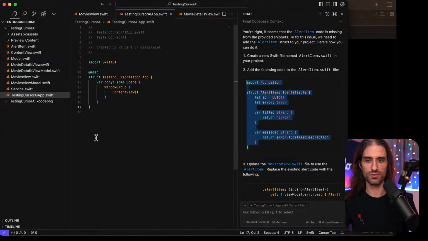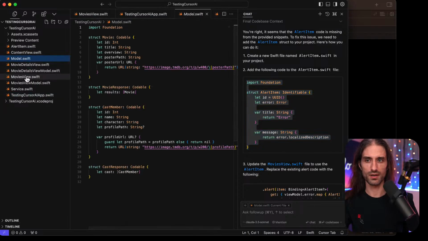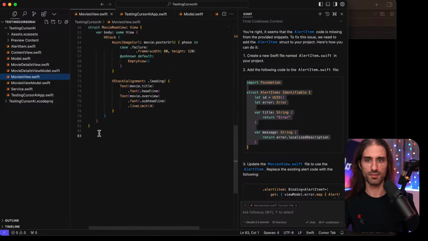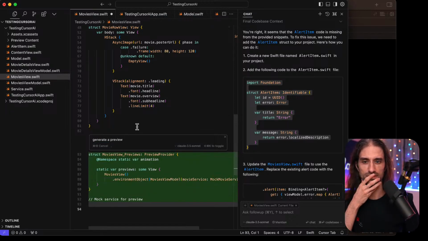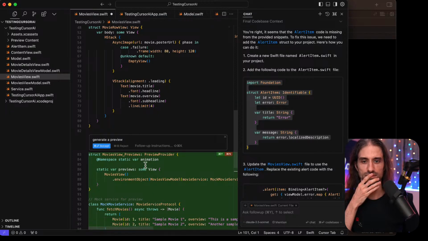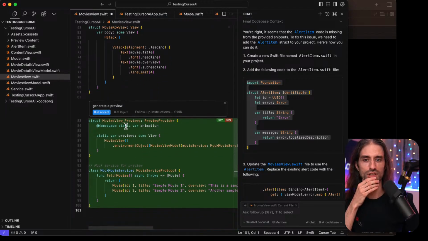So I'm gonna go into Movies View, and I'm gonna be like Command K, generate a preview. This static stuff here, not sure it's gonna work.